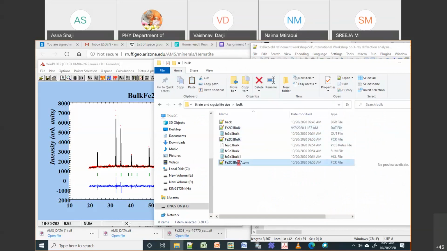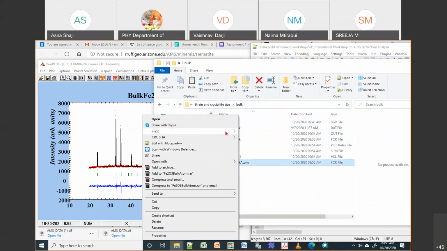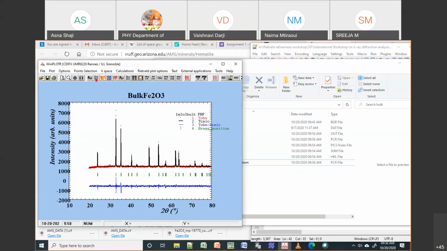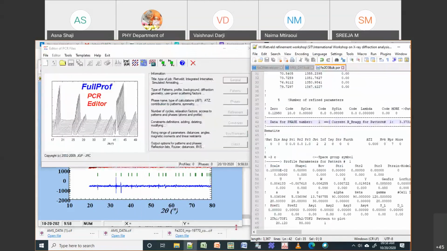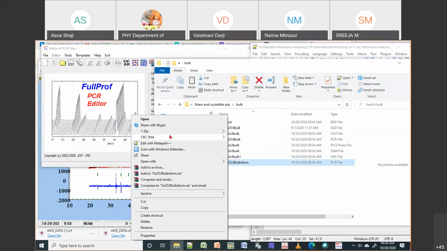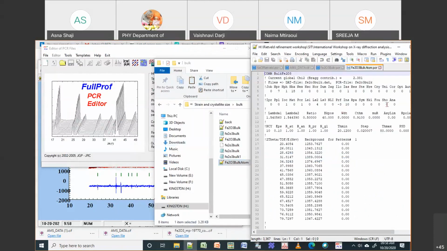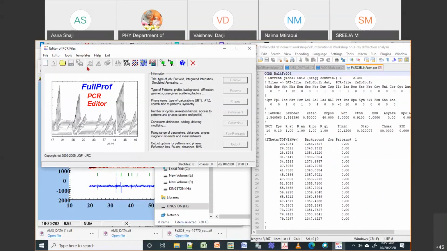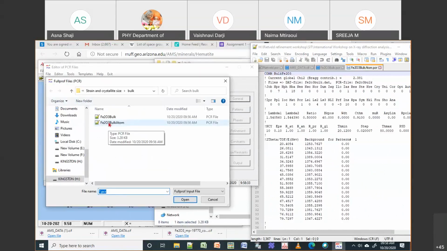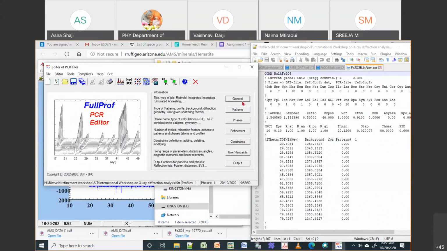So now you open this, you can either open using a notepad, or you can also do it in your EDPCR. Okay, so I'll open in both. So I will try to open it in notepad. Then I will show you what are the things which are changing. Okay, so then I will also open it in EDPCR. Okay, so this is your bulk atom.